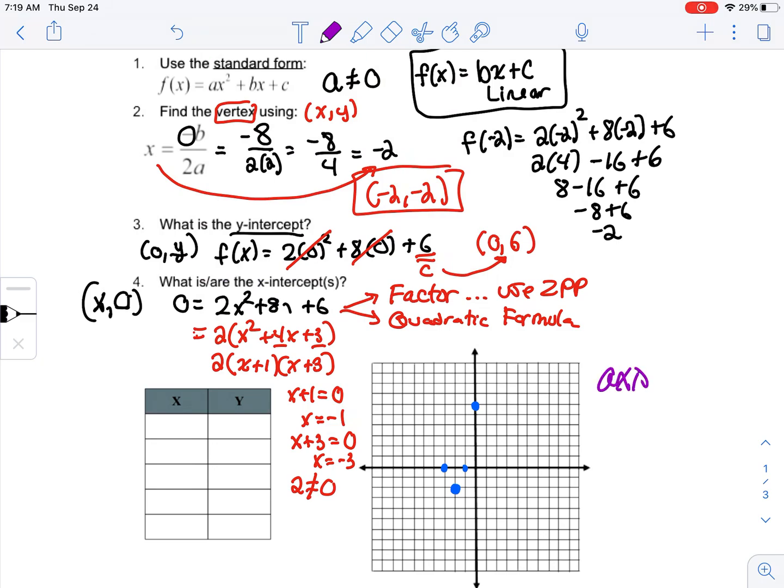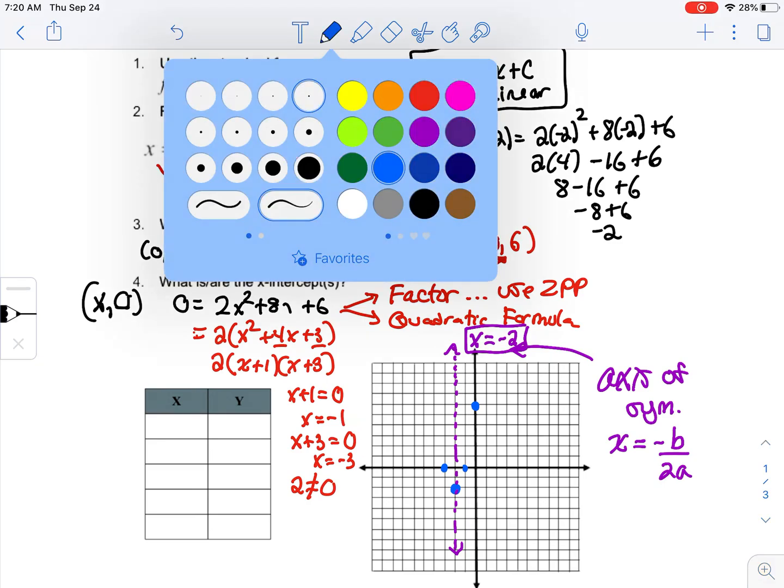Now let's talk for just a moment about what we call the axis of symmetry. The axis of symmetry is the vertical line that goes through the vertex, dividing the parabola into two equal halves. So if I was to sketch in that vertical line, there's my axis of symmetry. Because it's a vertical line, we know that it's going to have the equation x equals, and because it goes through the x value of the vertex, it's going to have that same x value as the vertex. So the equation of the axis of symmetry is actually x equals negative b over 2a, since that was how we found the x value of the vertex.